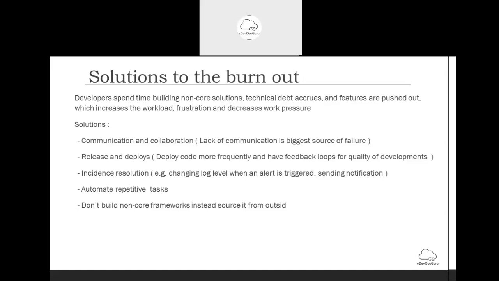Then release and deployments. So deploy code more frequently. What it means is, if I'm able to commit more frequently and that is tested more frequently. If I just commit and I know I have everything automated, if I push a change, it is automatically built, deployed. Whole end-to-end testing is done on that part. Even your code coverage is done, and I just get the final reports like this is my code coverage after the change, and these are test cases which have failed, or all test cases are all green. So that will encourage a developer to push changes more frequently.